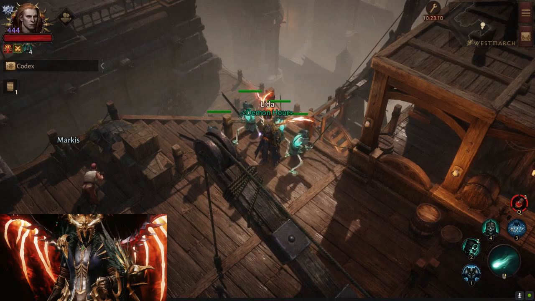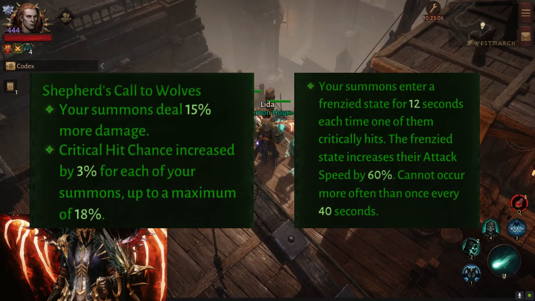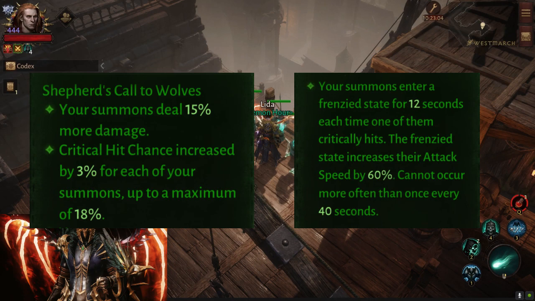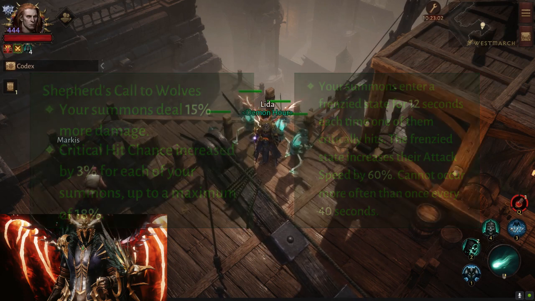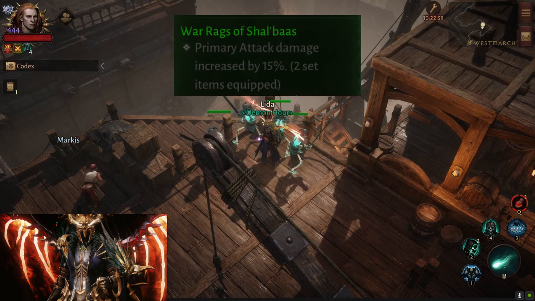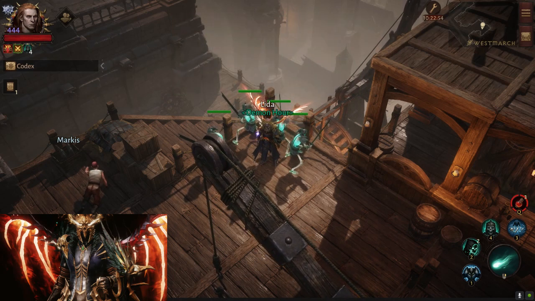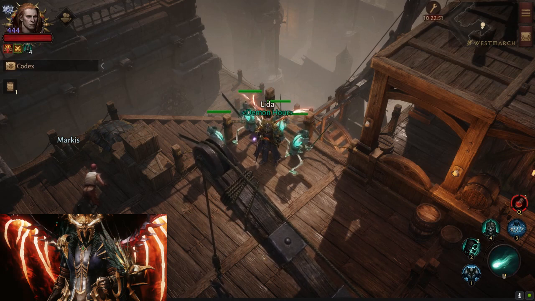For sets, we'll use 6-piece Shepherds, as it increases damage our summons deal, increases critical hit chance, and allows the summons to enter a frenzy state, increasing attack speed. It's worth noting that the 2-piece Shalbass bonus also increases the damage your summons deal with primary attacks. So if there's a combination you prefer, or maybe you don't have access to 6-piece Shepherds, feel free to experiment